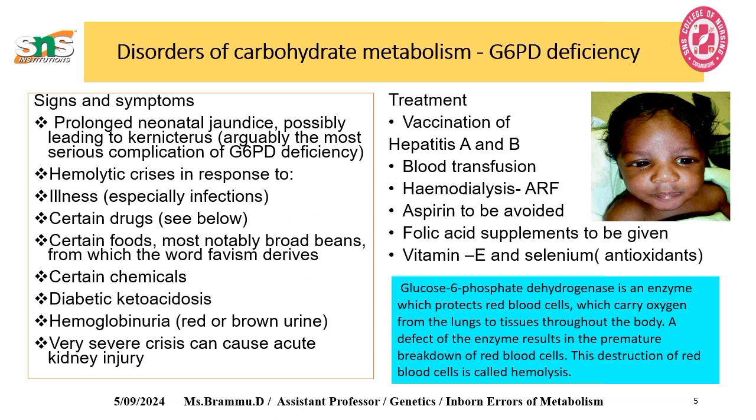So coming to G6PD deficiency, the major signs and symptoms are that the newborn or neonate will have jaundice. Hemolytic crisis might be there, triggered by illness, certain drugs, diabetic ketoacidosis, with hemoglobinuria and severe crisis of kidney injury. In this disease, the RBCs carry the G6PD enzyme from the lung into the tissues through the body. But there is a defect in this enzyme which causes premature breakdown of the RBC,